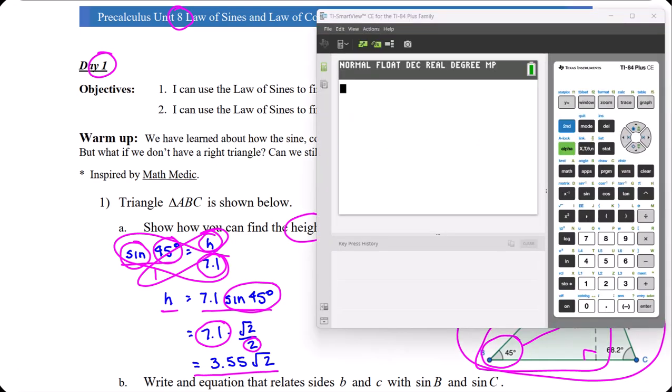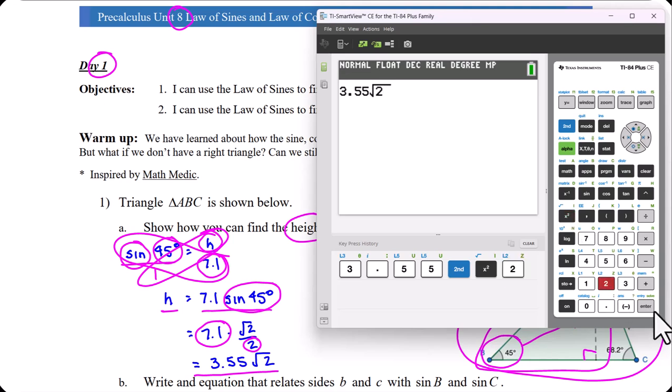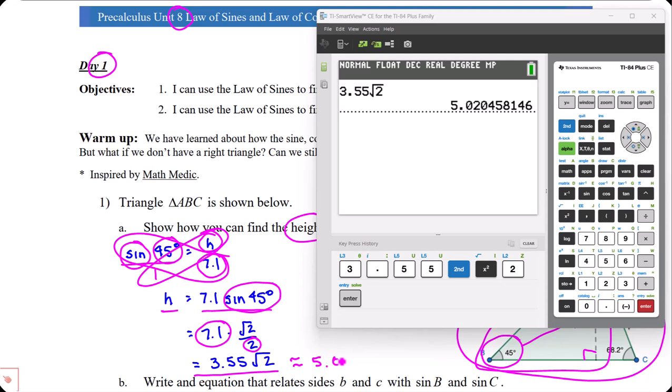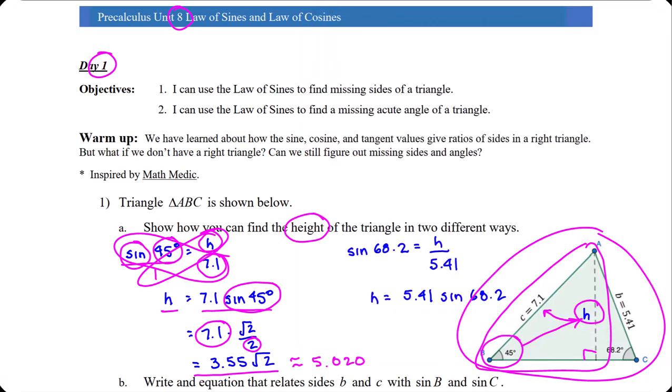To get a decimal approximation for that, that's 3.55 times the square root of 2, enter, and we get about 5.020. Notice they wanted to do this two different ways. What if I take this right triangle,